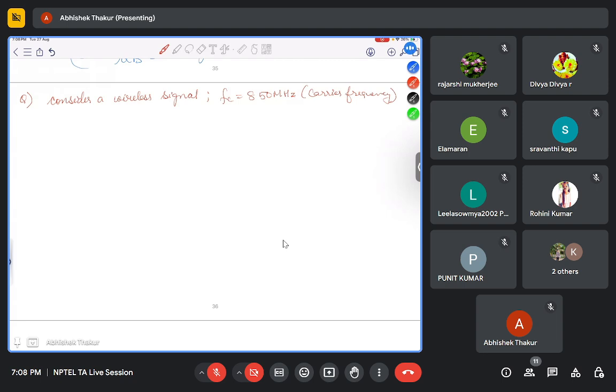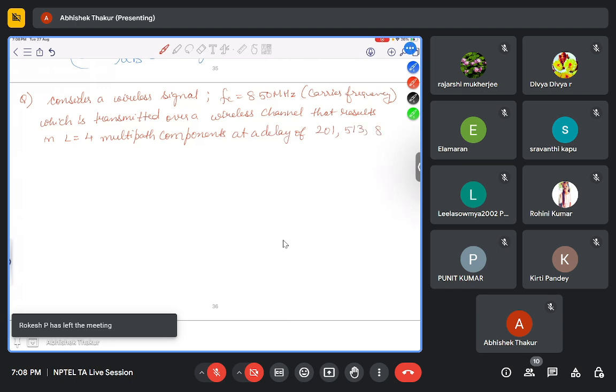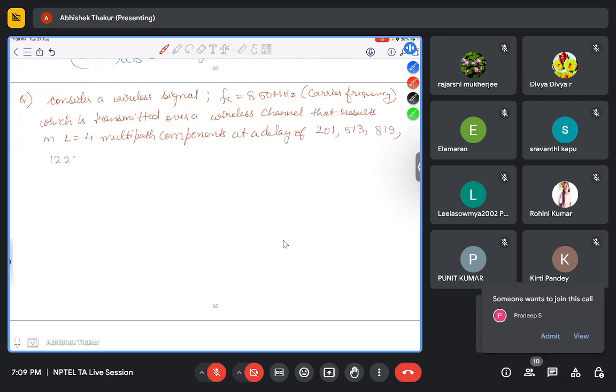Now, which is transmitted over a wireless channel that results in L is equal to 4 multipath components at a delay of 201, 513, 819 and 1223 nanosecond,